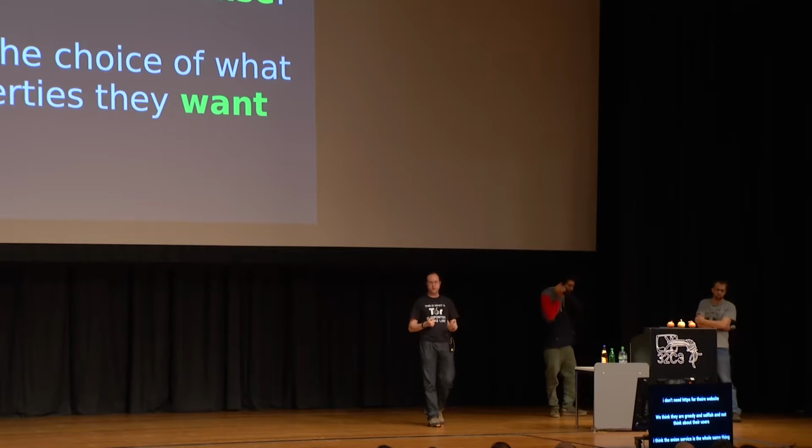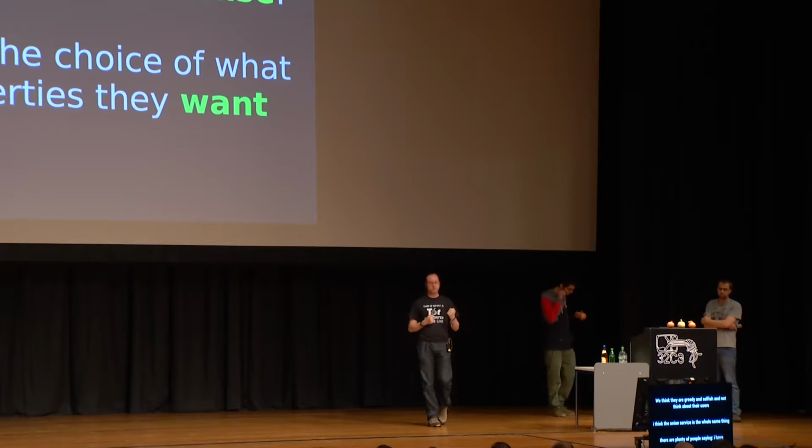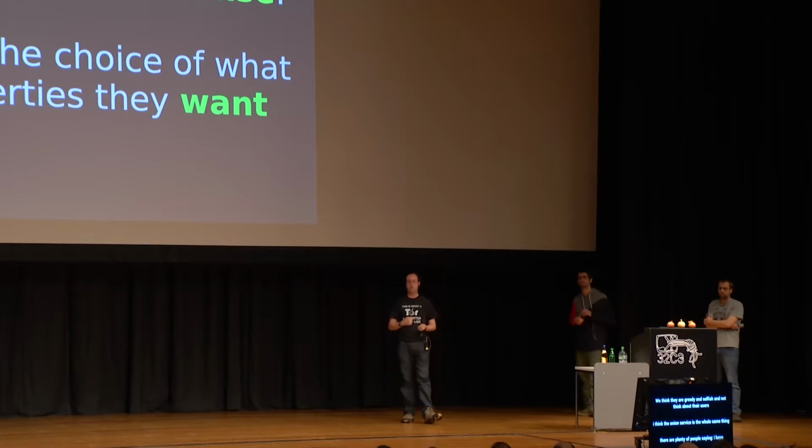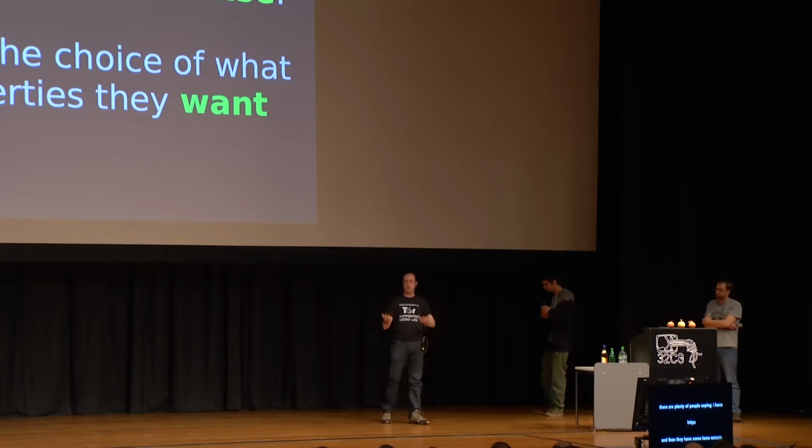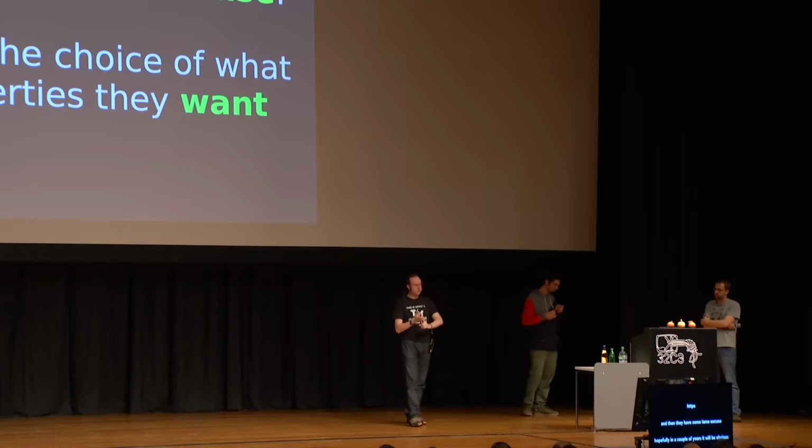I think the Onion service thing is exactly the same thing. Right now, there are plenty of people saying, I already have HTTPS. I don't need an Onion address for my website because my users, and then they have some lame explanation. So hopefully in a couple of years, it will be self-evident to everybody that users should be the ones to choose what sort of security properties they want. It shouldn't be about what the website thinks the users should have. I should have the choice when I'm going to Facebook. Do I go to the HTTP version? Do I go to the HTTPS version? Do I go to the Onion version? It should be up to me to decide what my situation is and get the security properties that I want.